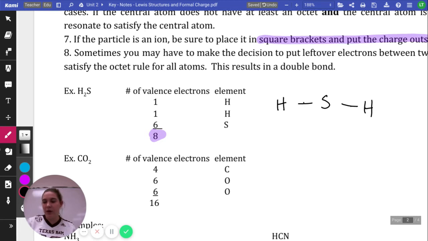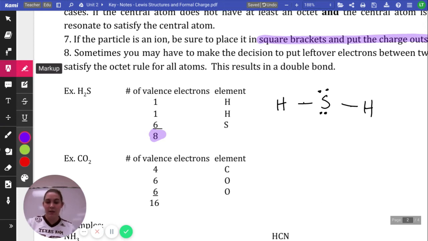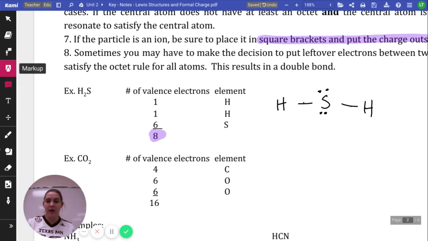At this point I need to count how many electrons I've used. I have 2, 4, so I've used 4. I still have 4 more to go. So once I've put electrons in bonds, I'm just going to use the rest of them on my center atom. So 1, 2, 3, 4. So I've used all 8 electrons, and now what I need to check is, does everybody have an octet or